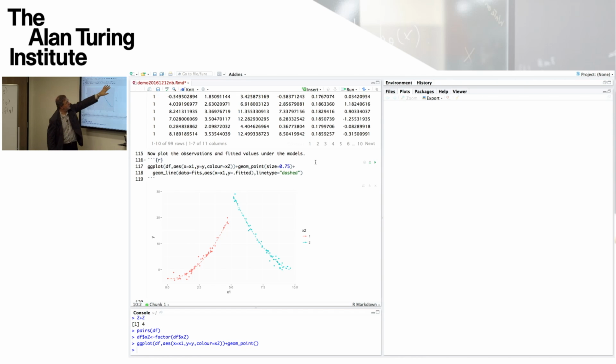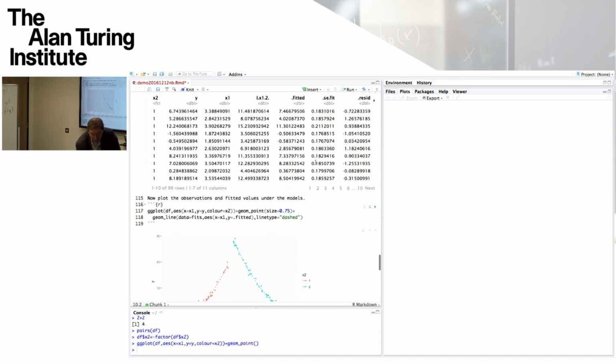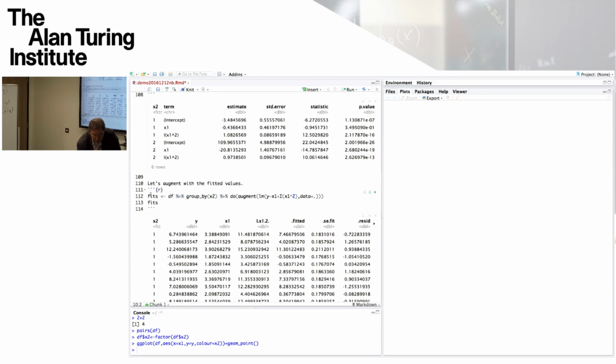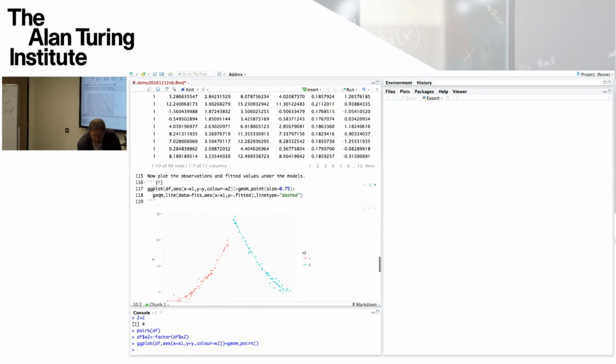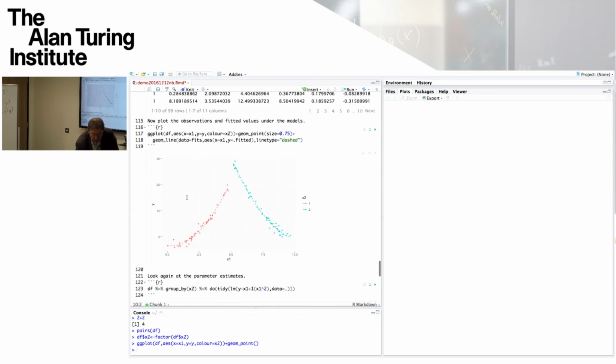This line is going to be dashed, it's going to have a line type dashed, and the data for which this line is constructed is not the original data, the DF data frame, it's the data frame fits that we've just built as the result of this augment operation. So this was saved into fits there. So fits is the data for this line layer,